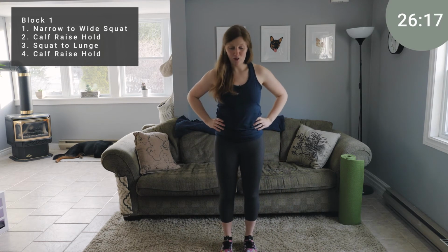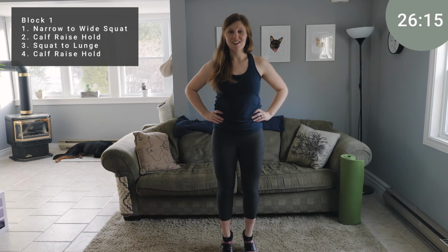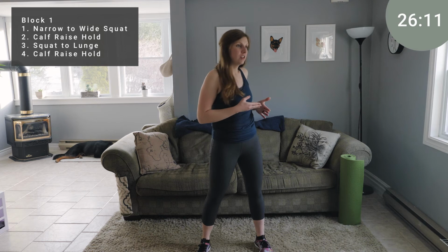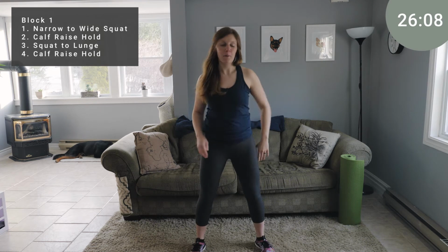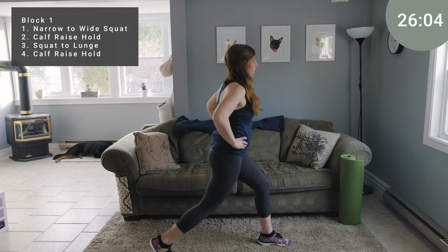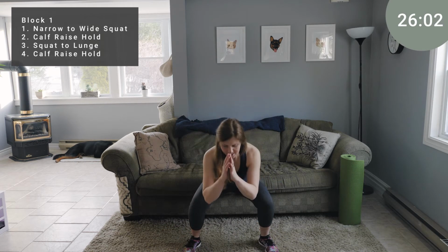We're going to have some calf raise holds, so lifting the heels nice and high and just holding it. And then we're going to go into some squat to lunges. We're going to come down to a squat, rise up. We're going to pivot, adjust your feet if you need to, lunge, come back to a squat, and then take